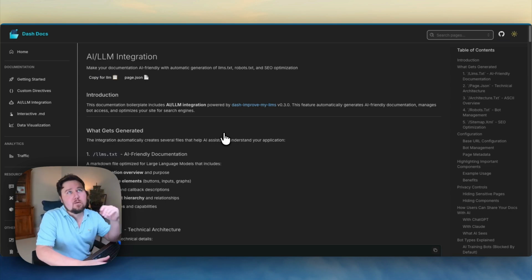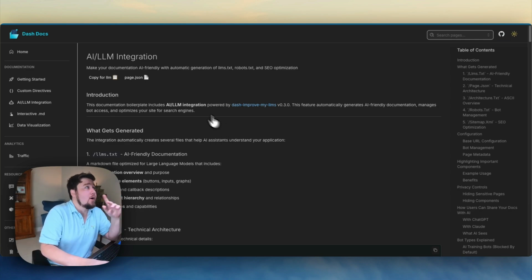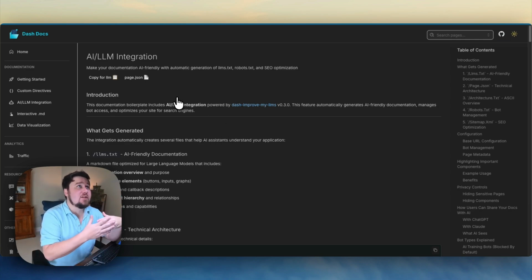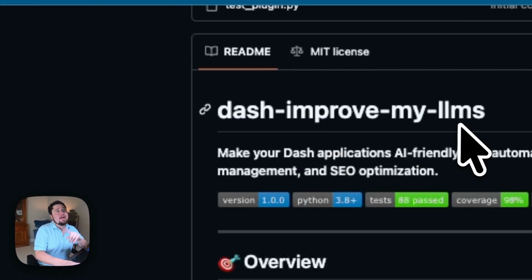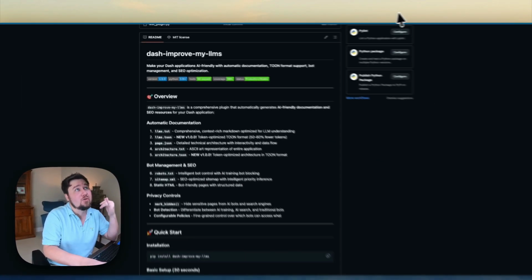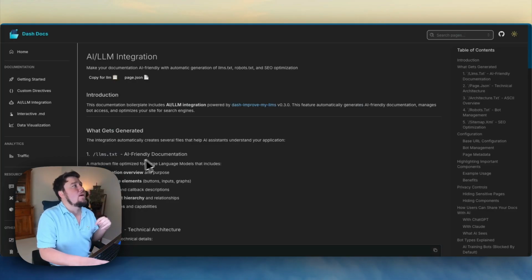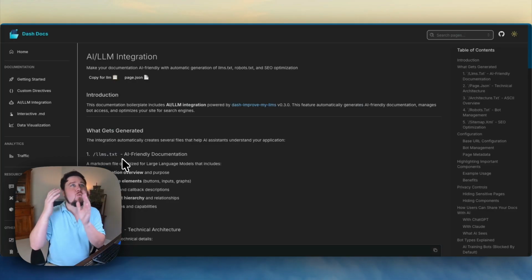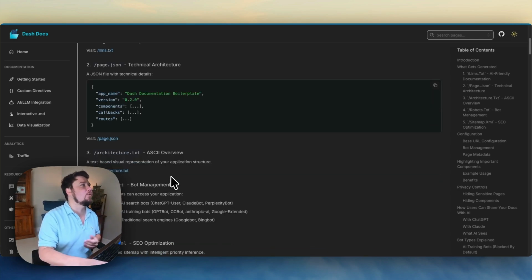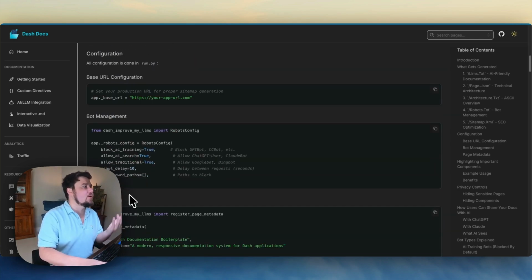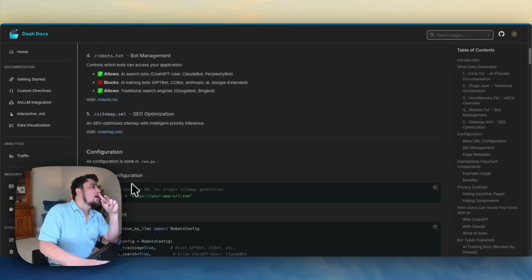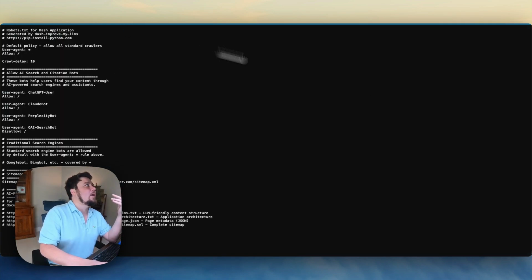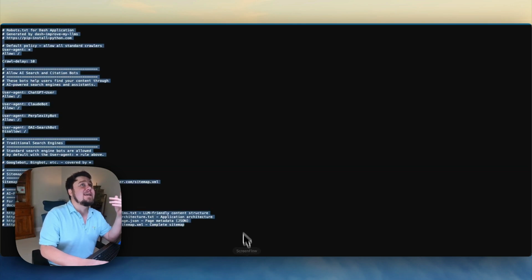So the way that I went about doing this is I created this boilerplate documentation that anybody can use for their own projects and work. But out of the box, this documentation includes dash-improve-my-llms, which is a separate hook and package, already integrated in this. So what does this actually provide? Well, it provides new routes on your URL, which are specific for AI. This page that you can see right here is made for people. We can easily go through this, we can read it, it looks pretty, we understand it, this is documentation. If I go to these specific routes now, you can see that this is just markdown text,